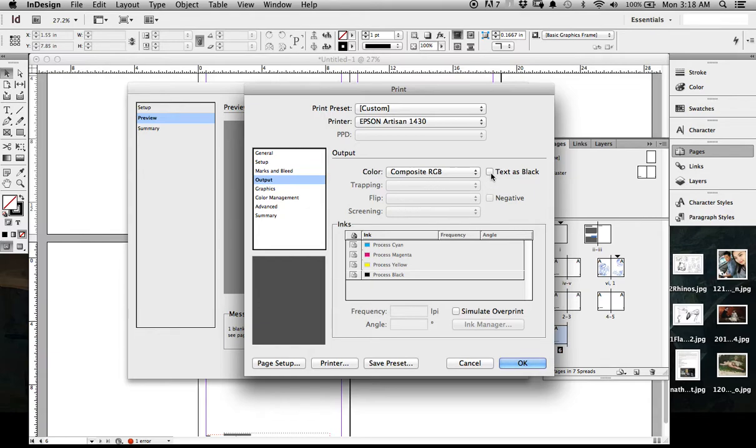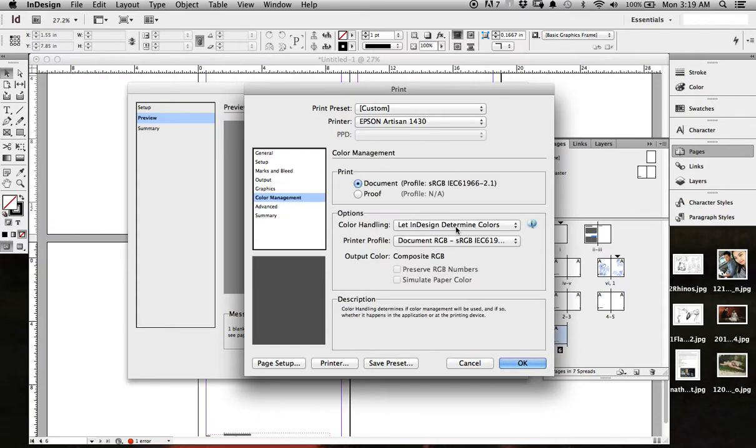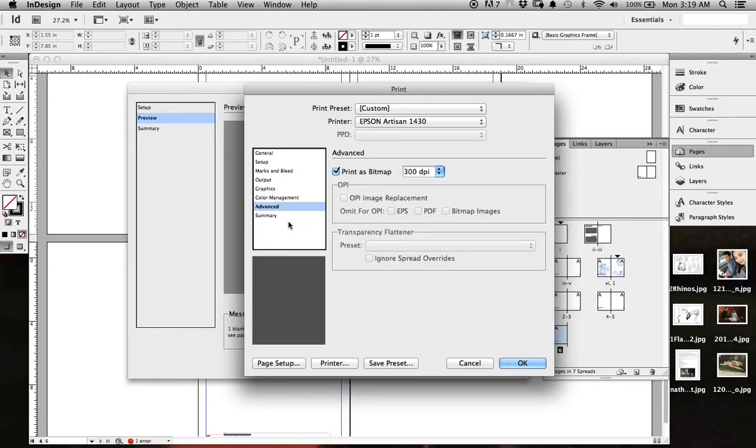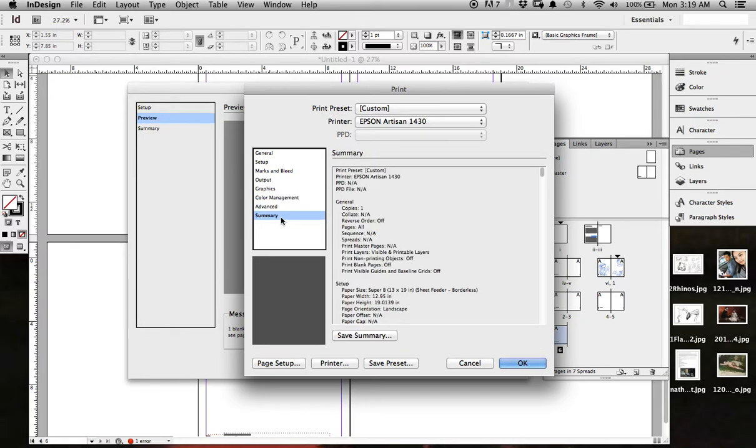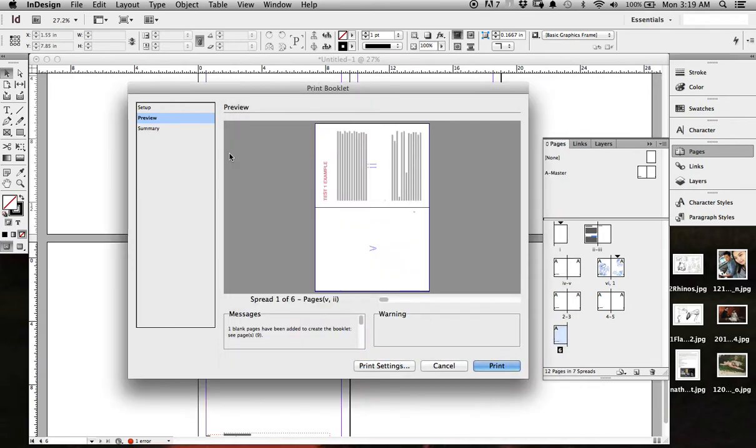What we do probably want to do, though, for this is we're going to do the text as black. And it's just going to make it easier to read. You know, it's not going to be 80% black. It's going to be like 100% black, so that's going to be great. All of this other stuff, I don't think we really have to worry about it. Right now I have it in InDesign, as I was saying, determining the color, so that's good. Advanced, yeah, we want 300 DPI. Don't switch this. This is just a summary of everything that we just went through, so that's no big deal. And yeah, I think we're good on that. So we're just going to push OK, and